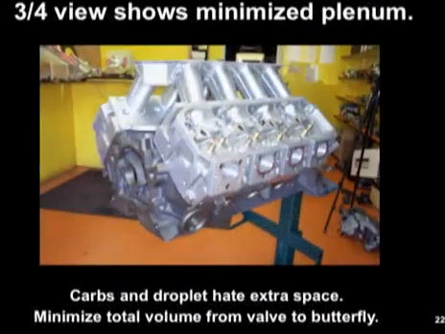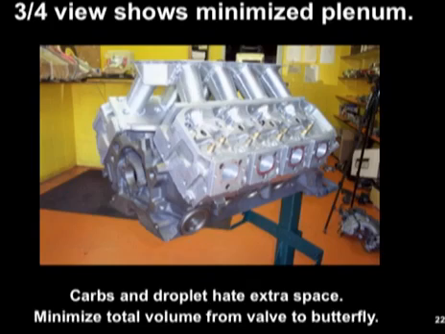The three-quarter view shows minimized plenum. Carbs and droplets hate extra space. Minimize total volume from valve to butterfly. This is especially important not only in this application, but when you're looking at throttle response for circle track and other ones. One of the other components that people forget about is the intake track has volume from the valve to the butterfly. And as the engine accelerates, the carburetors are more sensitive and the droplet distribution is better at a higher speed. So minimizing total volume is really important depending on the range